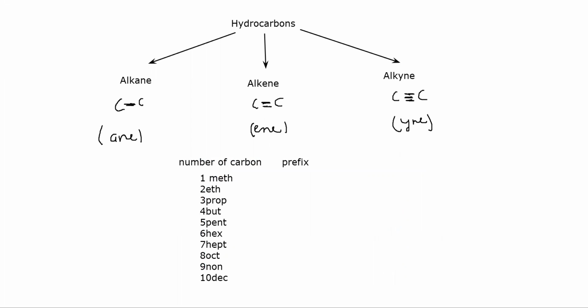Example. If I say I have a hydrocarbon, say ethane. First thing, there are two parts of the name. One is prefix, another one is suffix. The prefix shows the number of the carbon and the suffix shows the bond between the carbon atoms. So it's a combination of two things. Eth. Eth means how many carbon should be there? How many carbon atoms I should draw? Eth means 2.